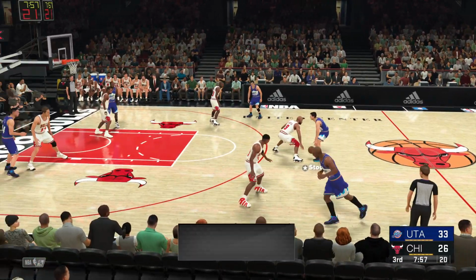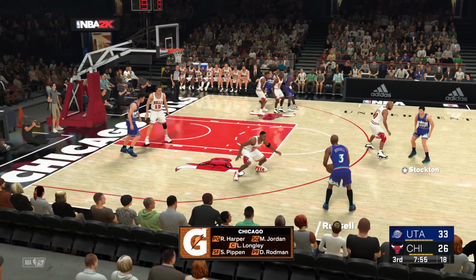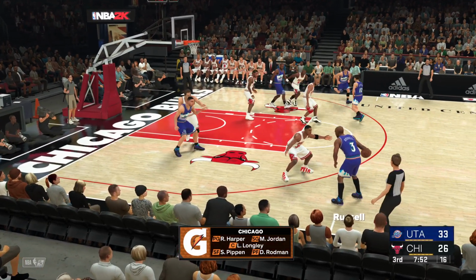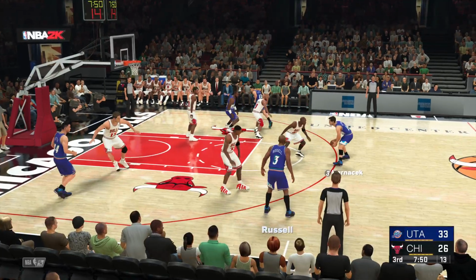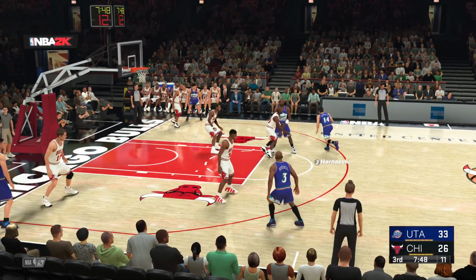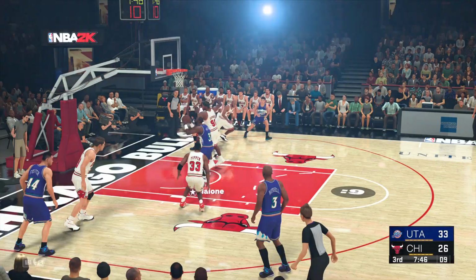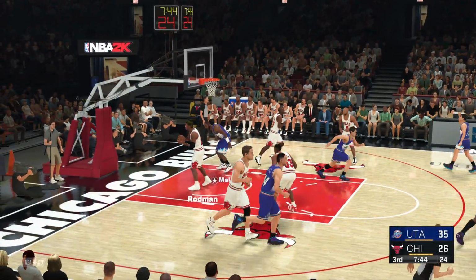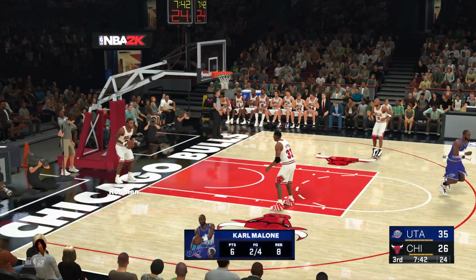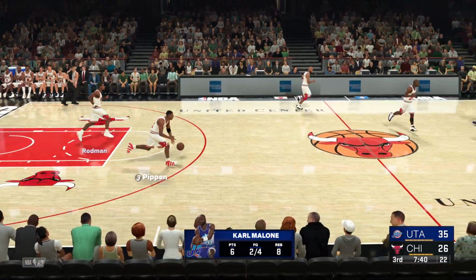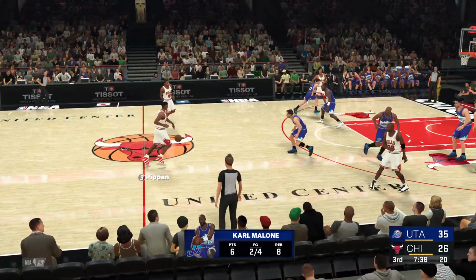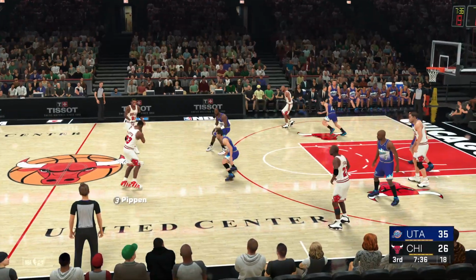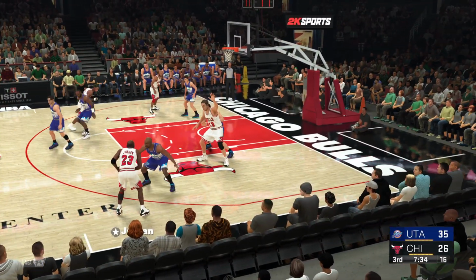Longley is out there with Dennis Rodman. Then there's Pippen. Then there's Harper. And it's Jordan in at the 2. And that's the group for Phil Jackson as we begin the second half. Hornacek passes to Malone. And then Malone with the dunk. And just the ultimate in the pick and roll is Malone. He just excels with that hard dive to the right spot there after setting that screen.